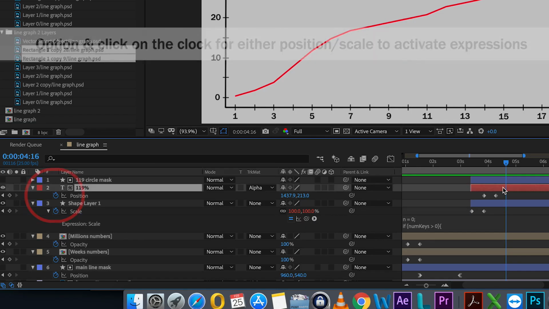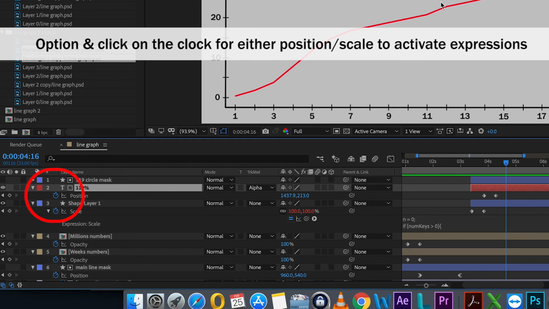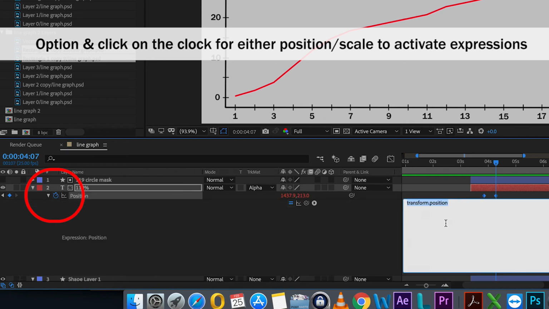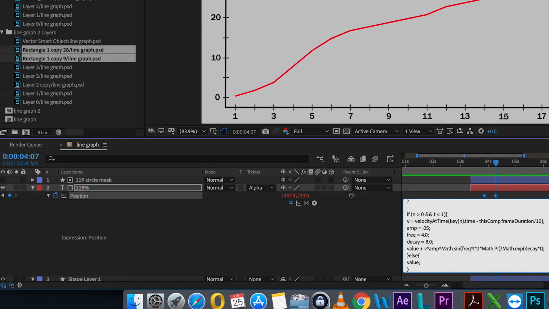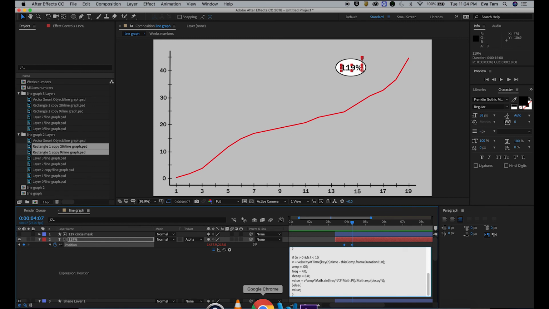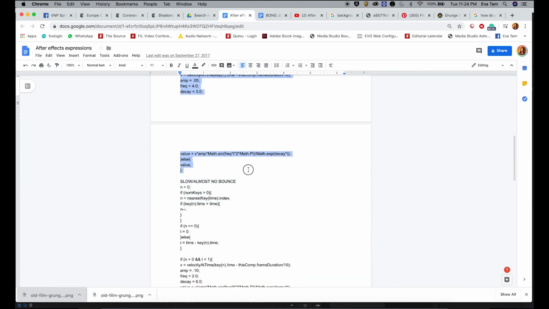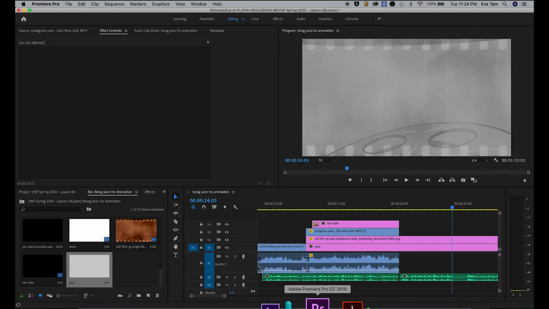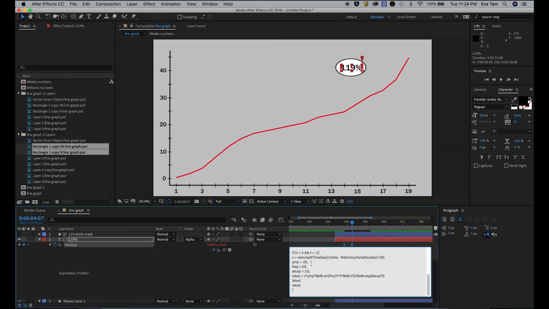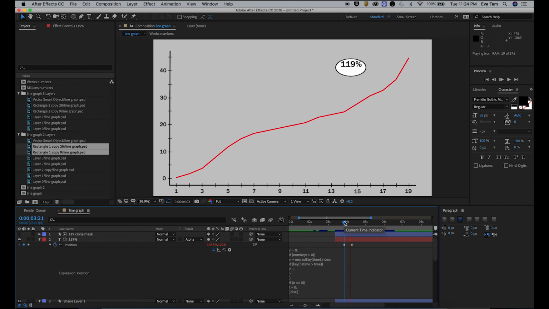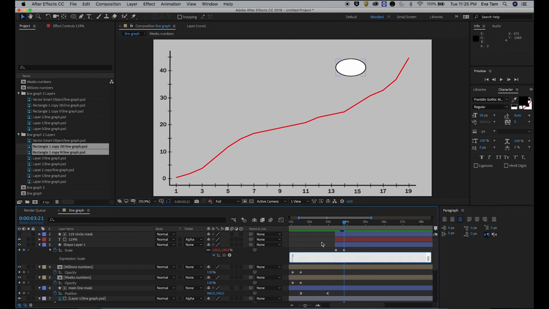And then you can also make the text bouncing when it lands as well. So same thing here. You toggle over the stopwatch option, and then you paste it as well. And this decay, you can do okay. And that's how you make something bounce. Pretty easy, right?